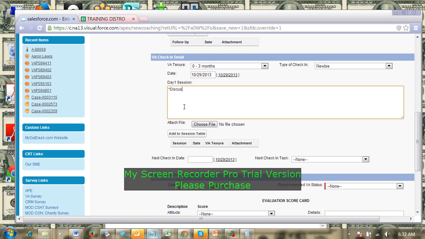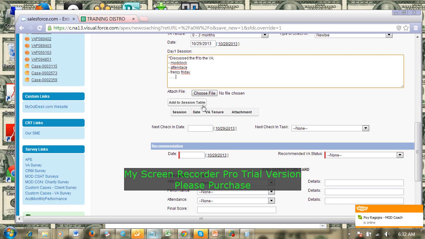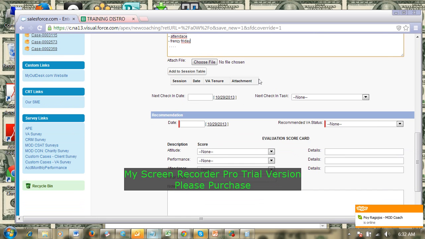So let's say discussed the following to the VA. There, and so on. So if you have a file to attach and all good, just add to session table and everything should already be there.